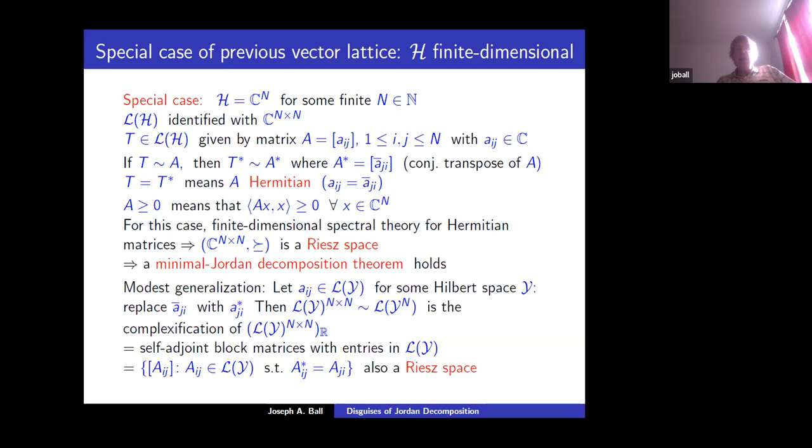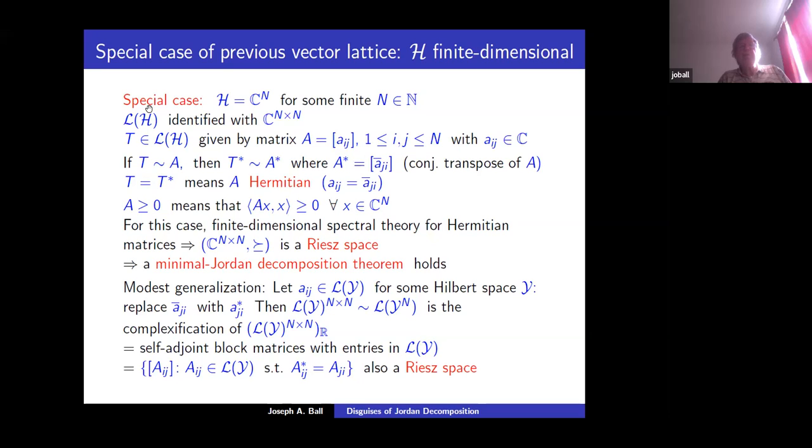And we take n by n matrices over linear operators on Y. That can be identified with just linear operators on the direct sum of n copies of Y. And we talk about self-adjoint block matrices with entries in L of Y. Then it's not much work to see that with the Loewner ordering on self-adjoint block matrices, this block matrix setup